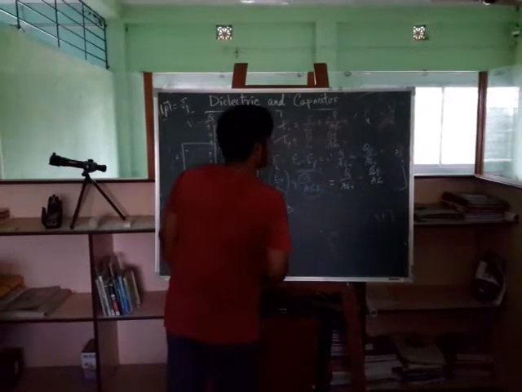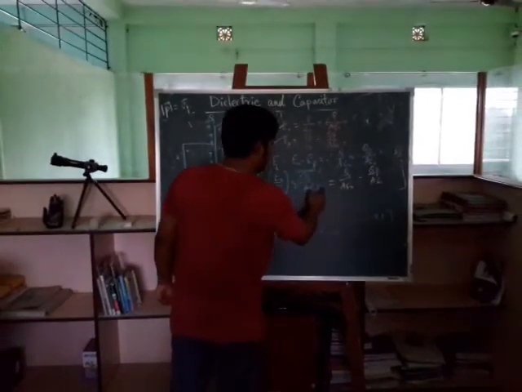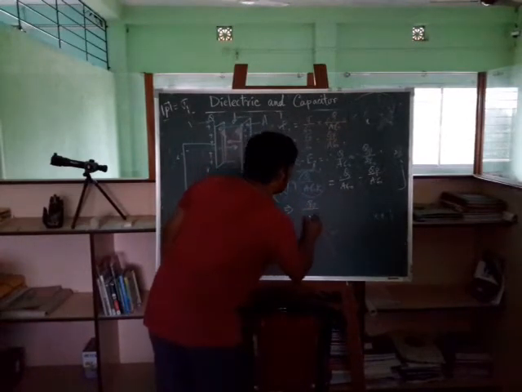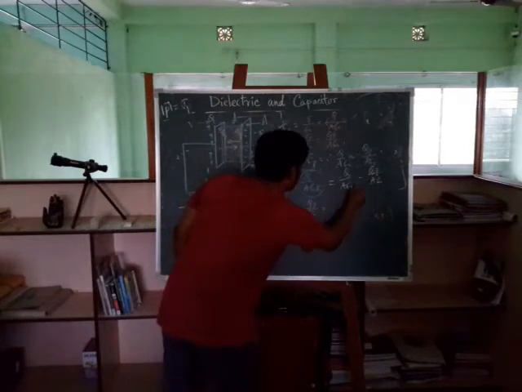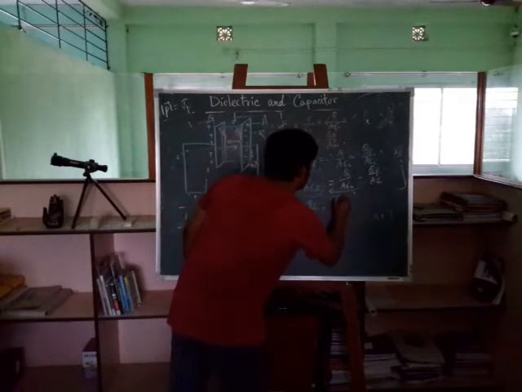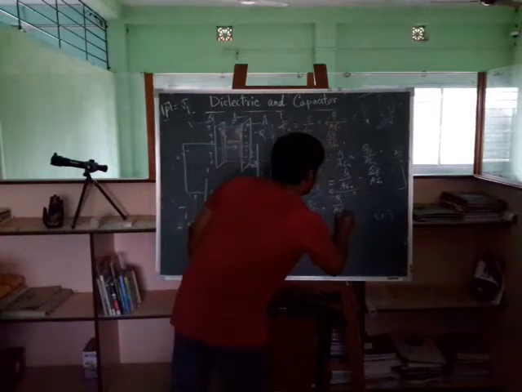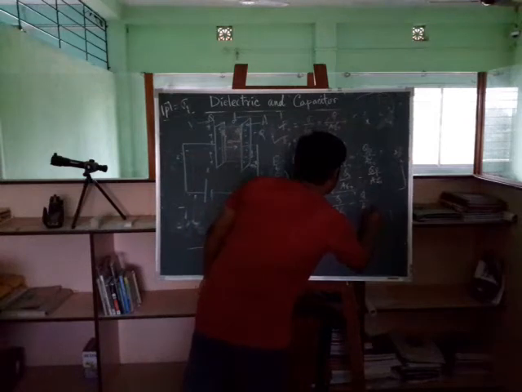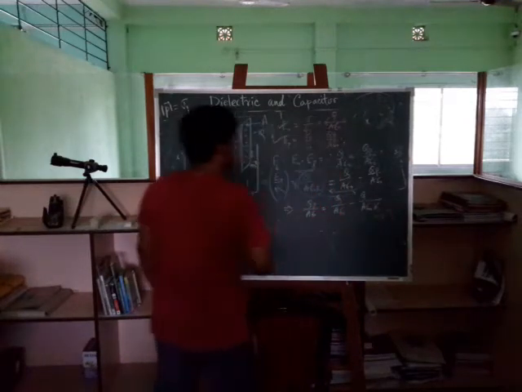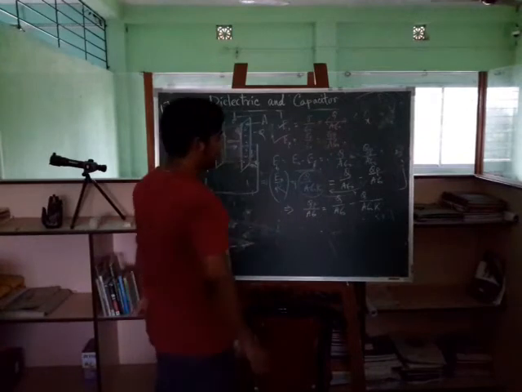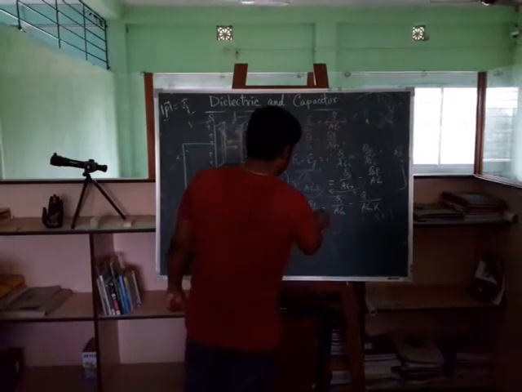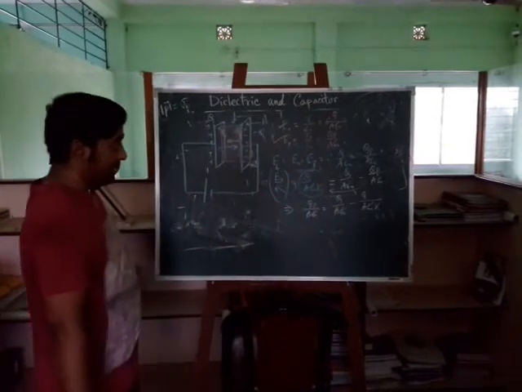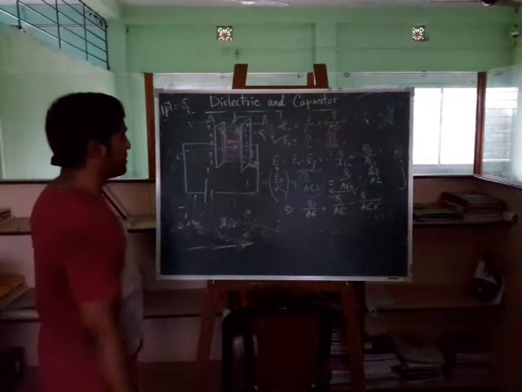So from here you can say, alright, I can bring this term here and I will bring this term here. So Q due to polarization over A epsilon naught, I am bringing this term here and bringing this term here. So that is Q by A epsilon naught minus Q upon A epsilon naught into K. Okay. We want to find out what is this QP. From both sides, we can cancel this A epsilon naught, right? A is the area and epsilon naught is the permittivity, the non-zero term.